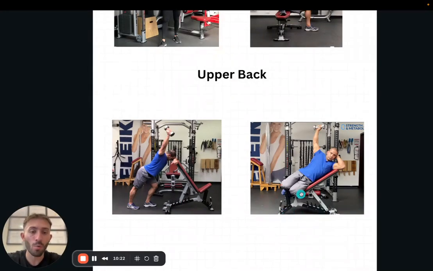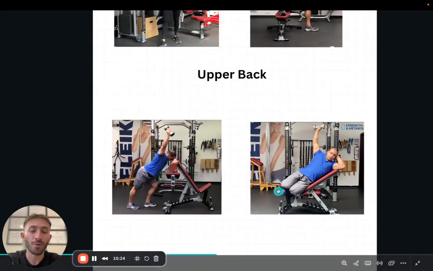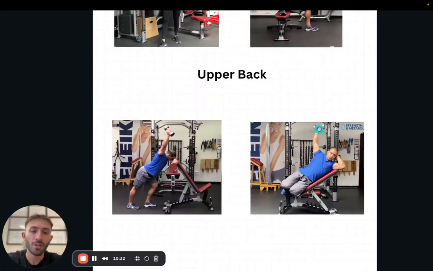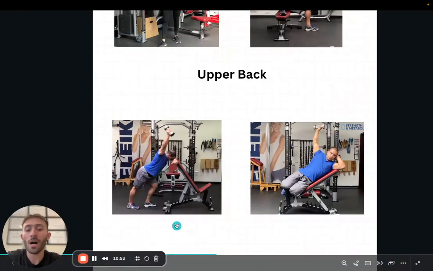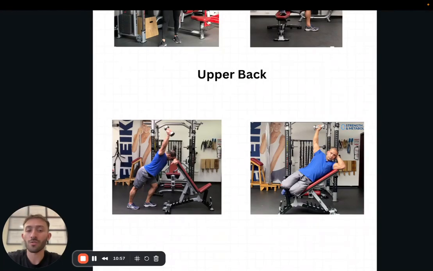Next is going to be the Powell raise. This is the 30-degree Powell raise. You're going to have the dumbbell come across your chest at the bottom and then come all the way up at the top. Make sure it's in line with the head at all times to make sure you're hitting the upper back muscles, specifically the rhomboids, which are those muscles in between the shoulder blades. And also these two exercises are just going to help with overall posture as well, which is going to help over time create less strain on the shoulder.